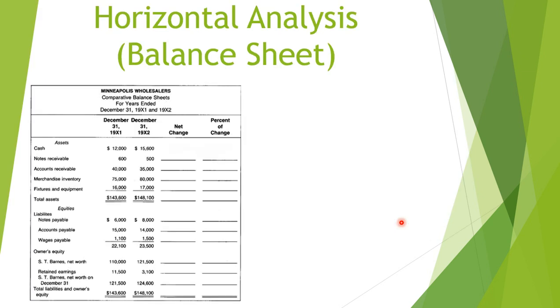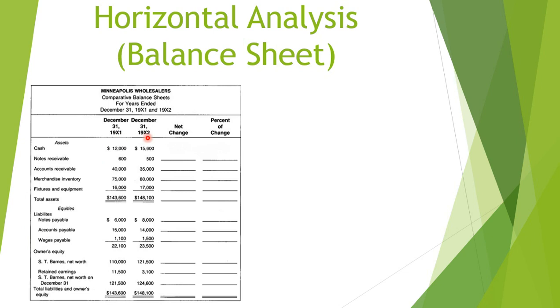So horizontal analysis is used to compare account balances in a company over a period of time. It can be used on any category in the balance sheet, such as cash or accounts payable right over here, as well as on the income statement, such as cost of goods sold and expenses. One of the requirements is that you must have the account balances of a minimum of 2 years for each category. As you can see on this balance sheet, there are 2 years ending on December 31st, right here and